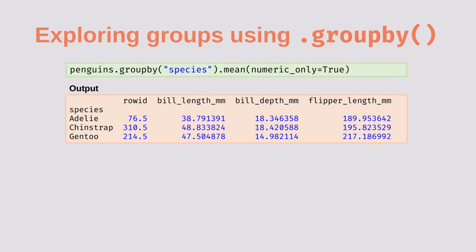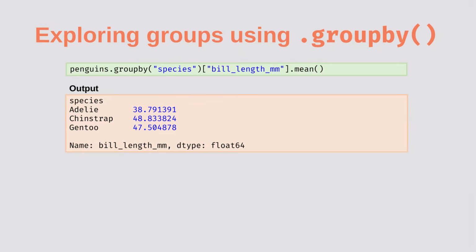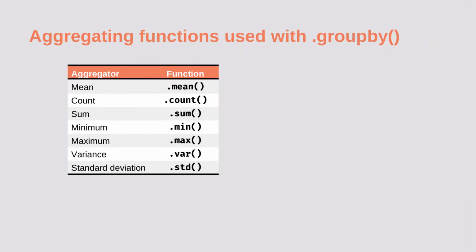From the results, we can see that the Gentoo penguins have a higher average flipper length compared to other species, an interesting insight that might be worth exploring further. If we want to aggregate by a single feature, such as bill length, we can subset that column as demonstrated in the code. Other useful functions to chain with group by include sum, count, min, max, var for variance, and